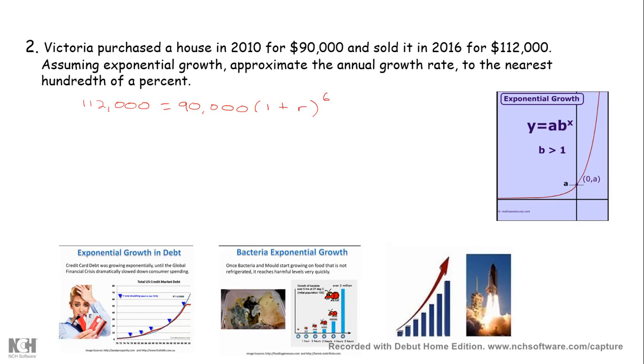And now we have to solve this equation. So we're going to divide both sides by 90,000. Okay, and when you divide 112,000 by 90,000, you get,